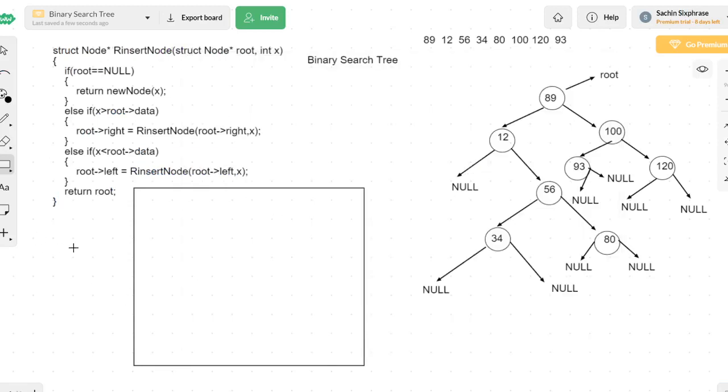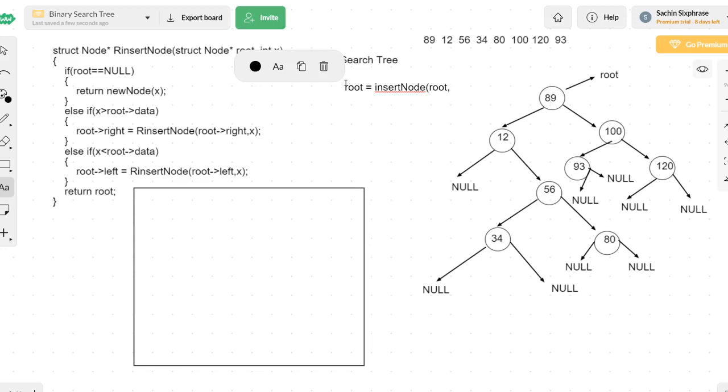Now here we have taken the same recursive code as well as the corresponding tree structure. And also we have taken a stack, the main memory stack. So first of all, what will be the initial call? Initial call is in the main function. From the main function, you should have called root is equal to insert node, and you will be passing the root address, which is by default null initially.